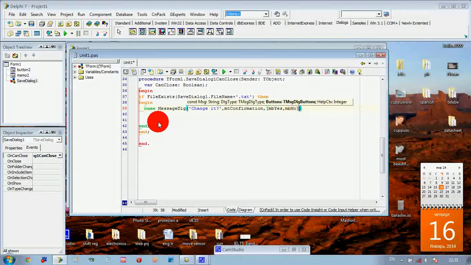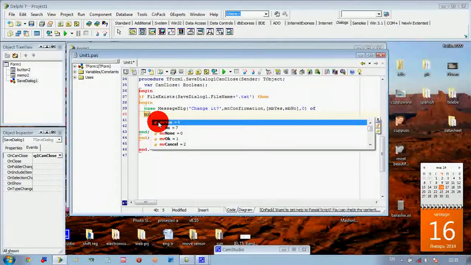So firstly, and comma here we press 0. If MessageDialog('Change it?', mtConfirmation, [mbYes, mbNo], 0) equals mrYes